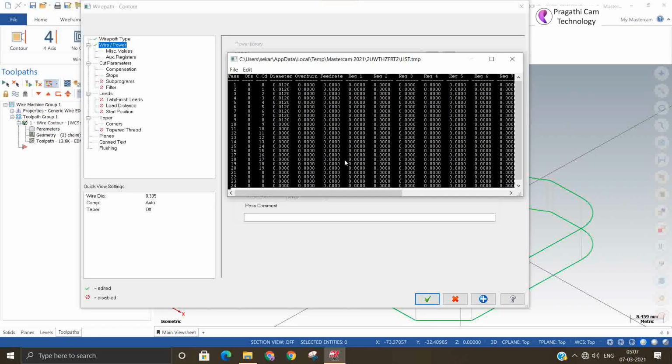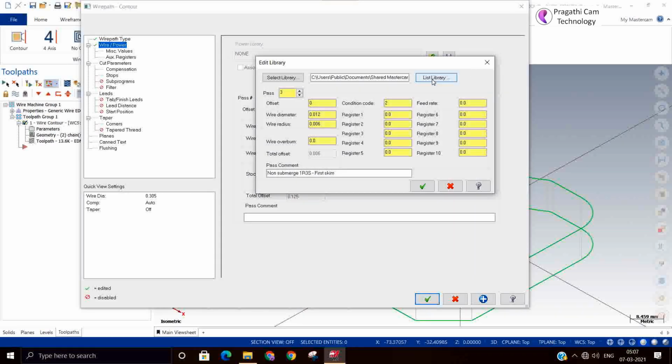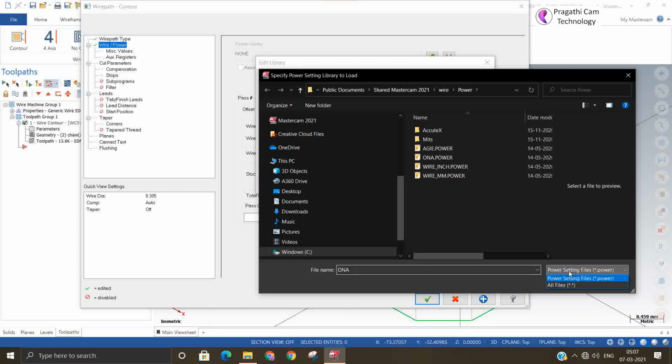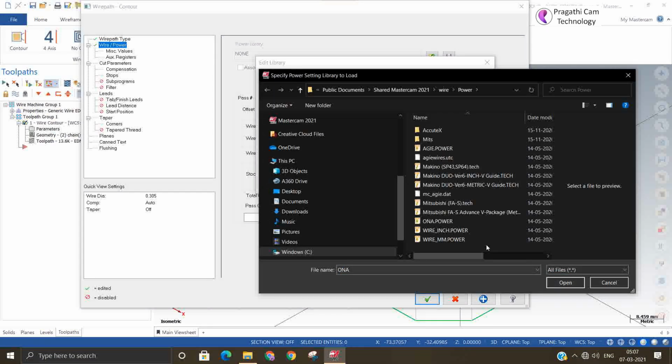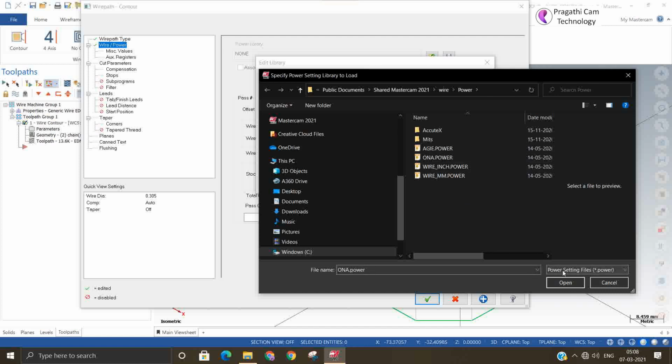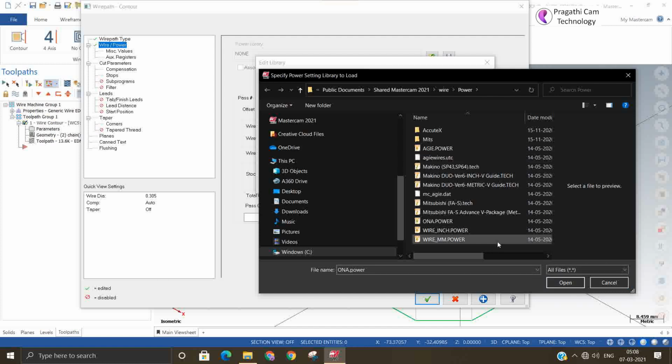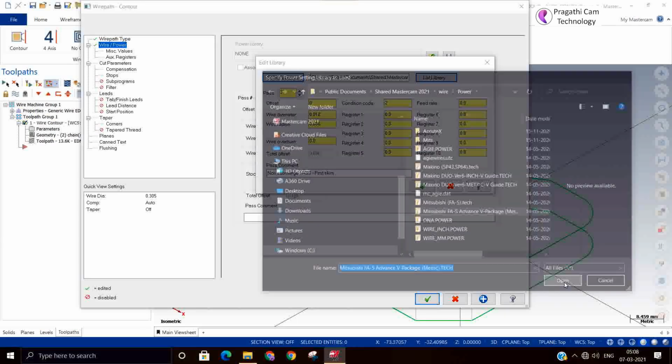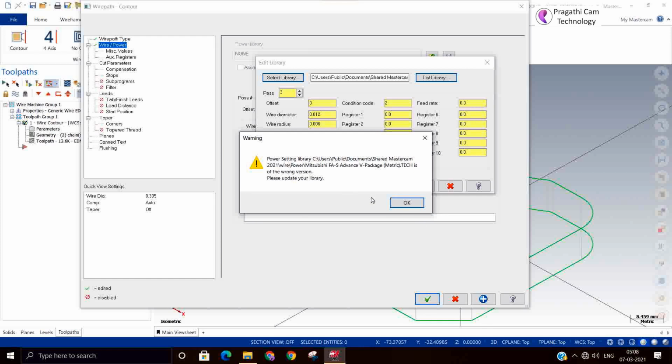They have made it for up to 9 passes. Later on, everything is 0 0. And let us see if some other library is there. Yes, there is a Mitsubishi, and the dot power library shows only this. Other than this, there are other power libraries. I think it is not updated to the current version.